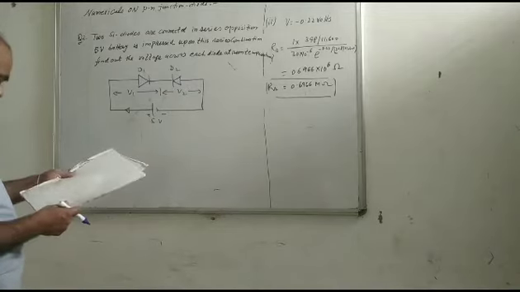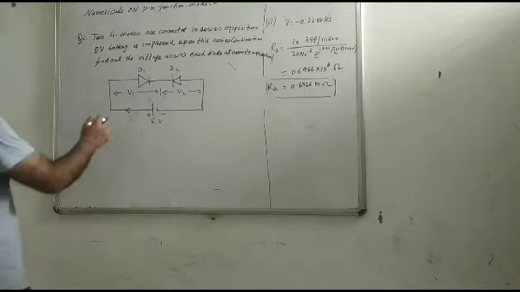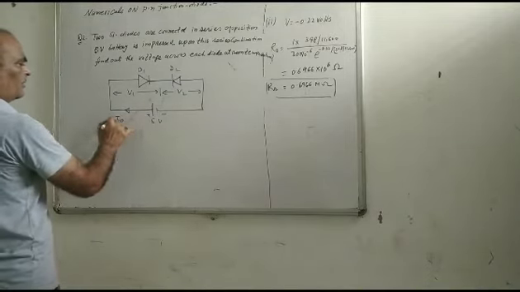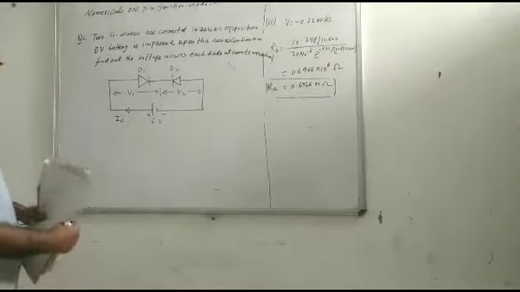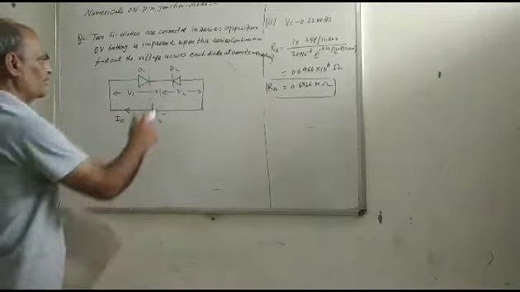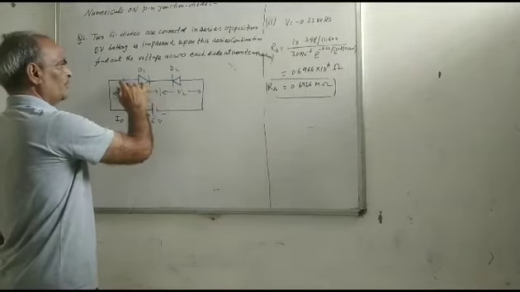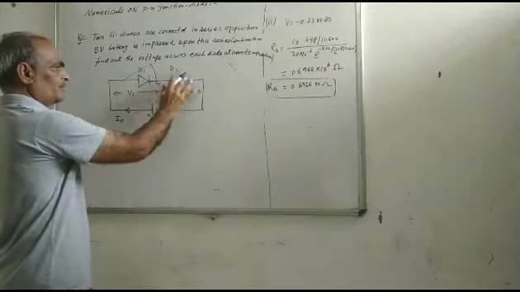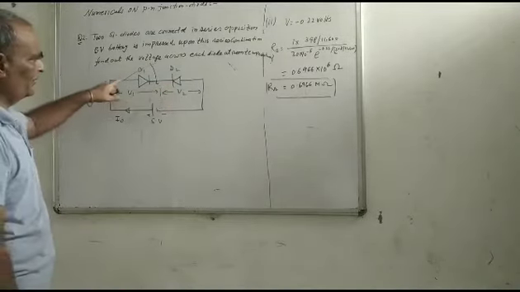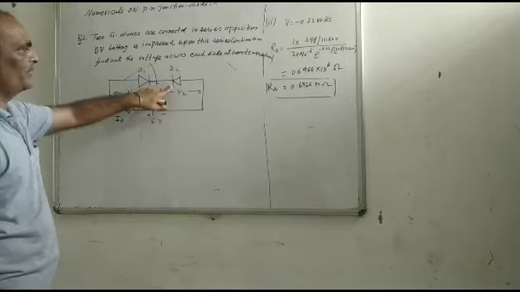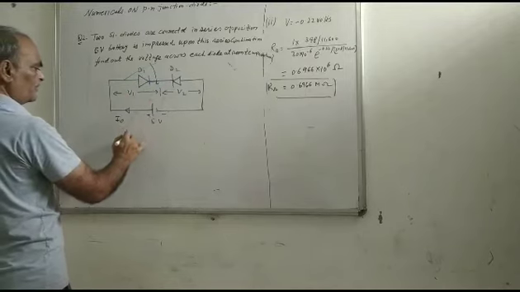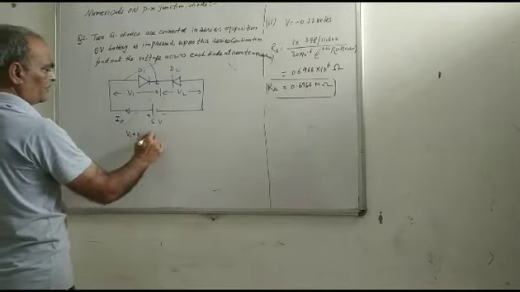So the current flowing in this circuit is equal to I0, the reverse saturation current. As much current as diode D2 allows, only that current can flow in this circuit. Diode D1 is forward biased, so it is switched on, but whatever current D2 allows, that much current will flow in this circuit. And how much current will it allow? Only I0, the reverse saturation current, which is the most any diode can carry in reverse.